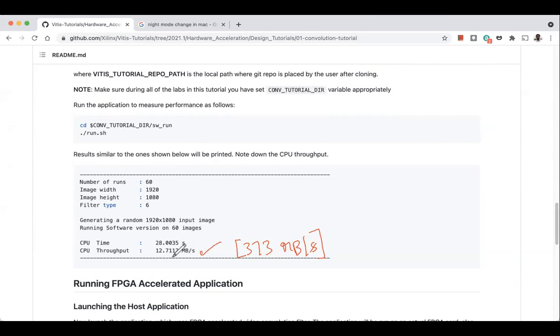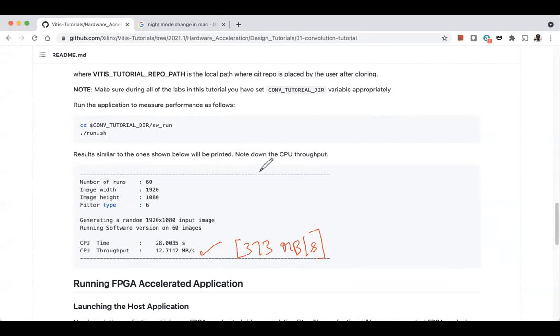By no means should we consider this the best possible CPU throughput that is achievable. If you work hard, perhaps you might be able to get this kind of throughput on your CPU also. I really want you to remember this. But the way the code is written in this GitHub repo, it is giving us this kind of throughput, 12 MB per second.